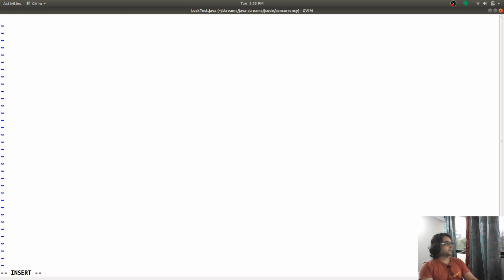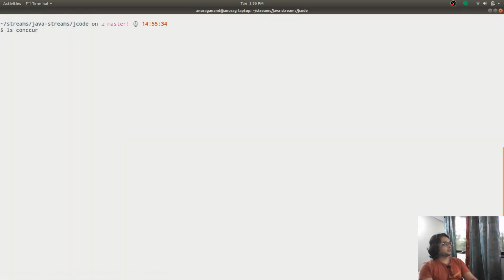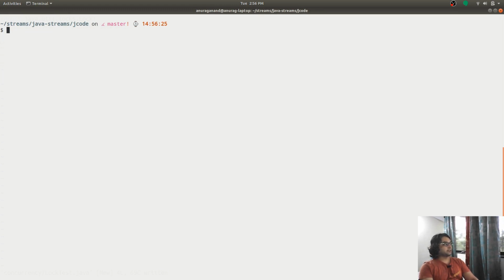But if I import something in java.util.concurrent.locks.Lock, this is the interface that ReentrantLock implements. So you see now that the LockTest file is created.